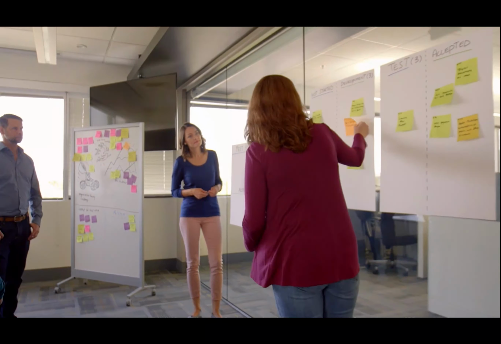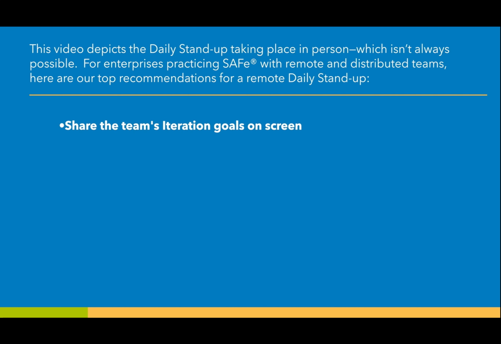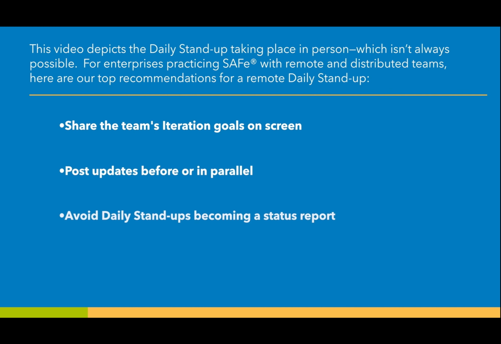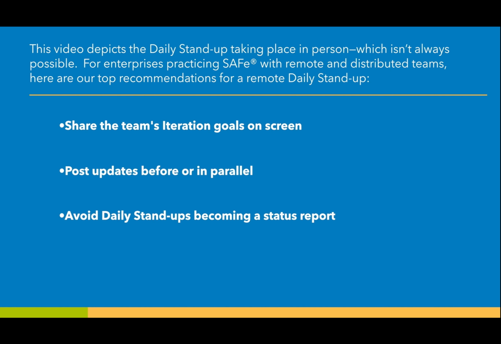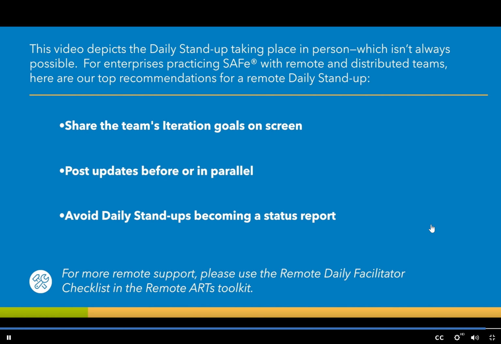This video depicts the daily stand-up taking place in person, which isn't always possible. For enterprises practicing SAFe with remote and distributed teams, here are our top recommendations for a remote daily stand-up. Share the team's iteration goals on screen so that the team members can give specific updates when speaking to those items. Post updates before or in parallel in case someone can't attend. Avoid daily stand-ups becoming a status report. Remind team members to provide updates specific to risks, impediments, and measures of progress. For more remote support, please use the Remote Daily Facilitator